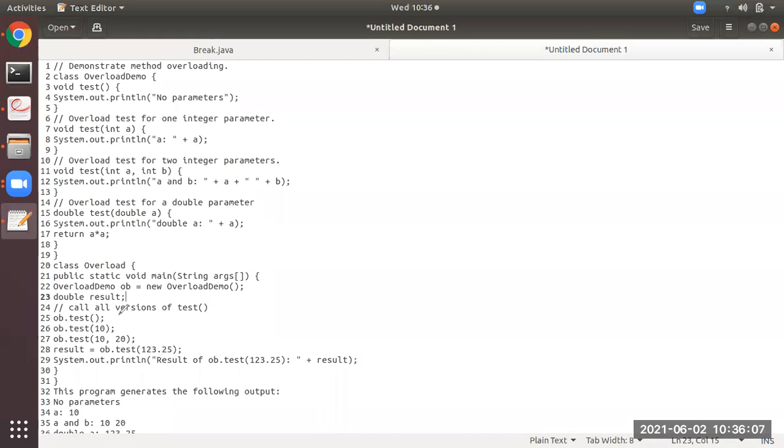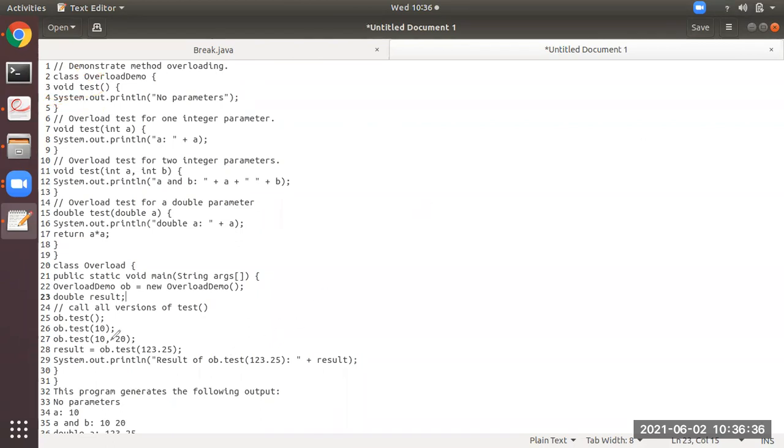Then at line number 25, ob.test. Here ob is an object of the above class, and it will invoke the test method without parameter. Inside that is a statement to display a message, which is displayed here at line number 33. This is the output.